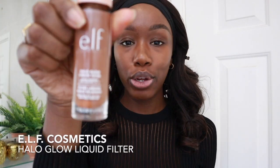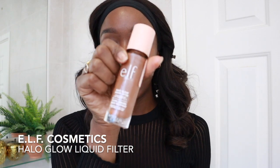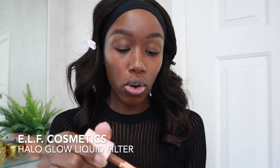So the next technique I've changed when doing my makeup is how I do my concealer. So I'm just going to powder my face down, which I've always done, as you know, because I just feel like it helps keep my face more matte. So what I do with my concealer now is I apply the e.l.f. Halo Glow Liquid Filter to my face first. I don't put it all over, but I just put it around my eyes a little bit here,